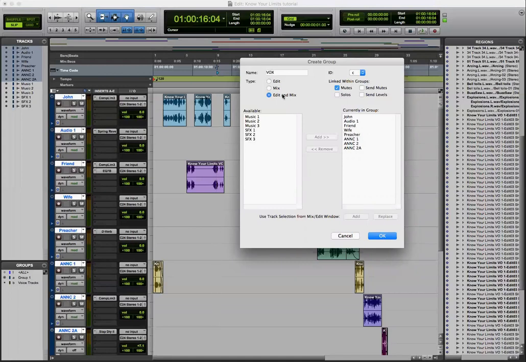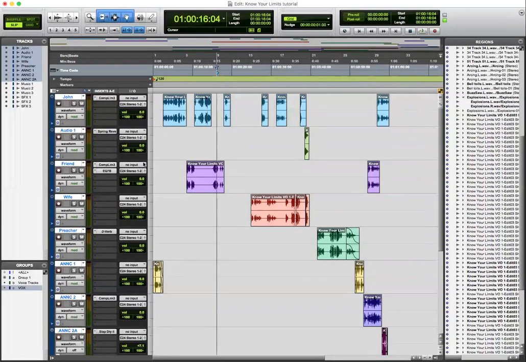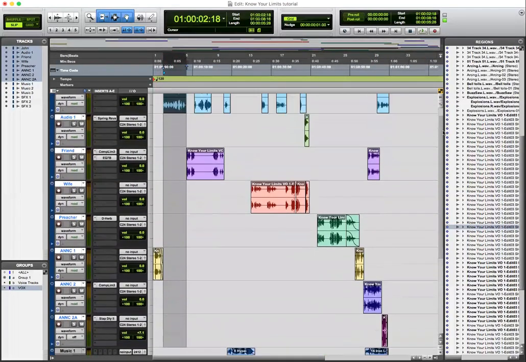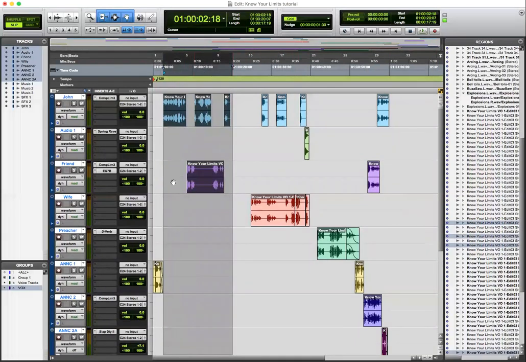There's other things you can do with this, but we're not going to do it right now. Okay, this is the default that you're going to use. Hit OK. Now, what that means is all of these tracks now are grouped. So if I select this segment here, it's going to make that same selection, the length of that segment, the length of this segment, all the way down to all the tracks in that group. Okay, this comes in handy when you have to move a bunch of tracks back to insert something,